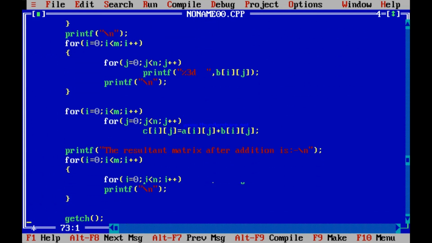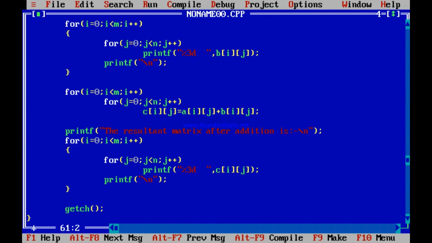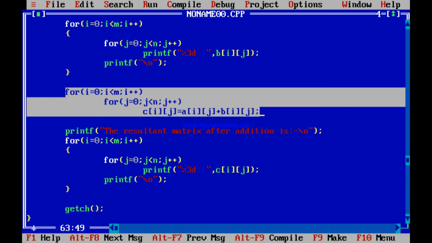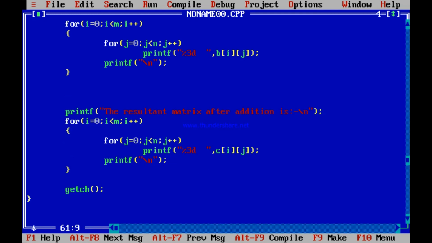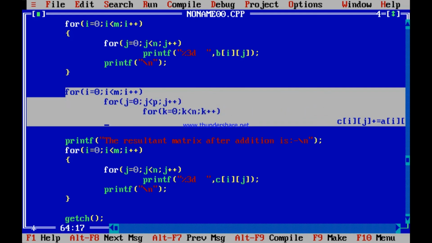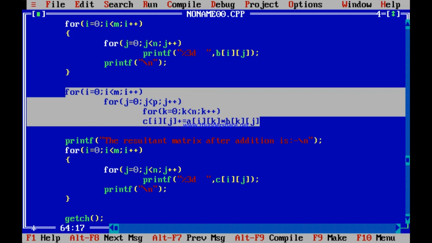So instead of this summation line, see, this is the summation line. Instead of the summation line, I was doing the addition previously. Let's get rid of that part, and instead of that, let me put this part. Understand? Instead of addition, I am putting in the code for multiplication.